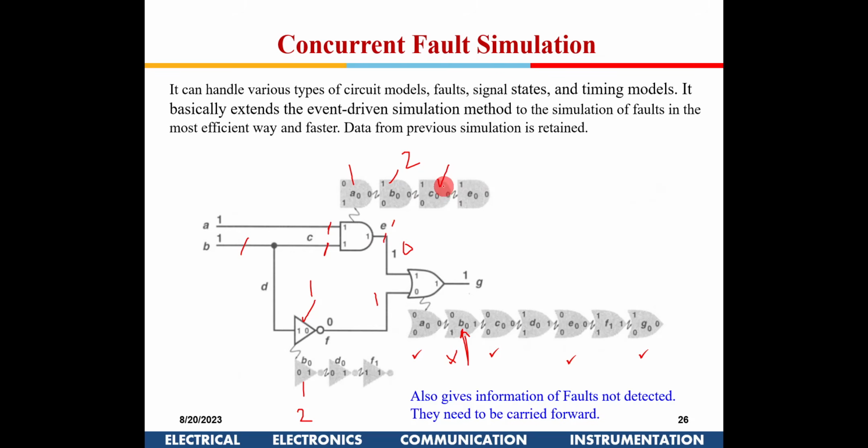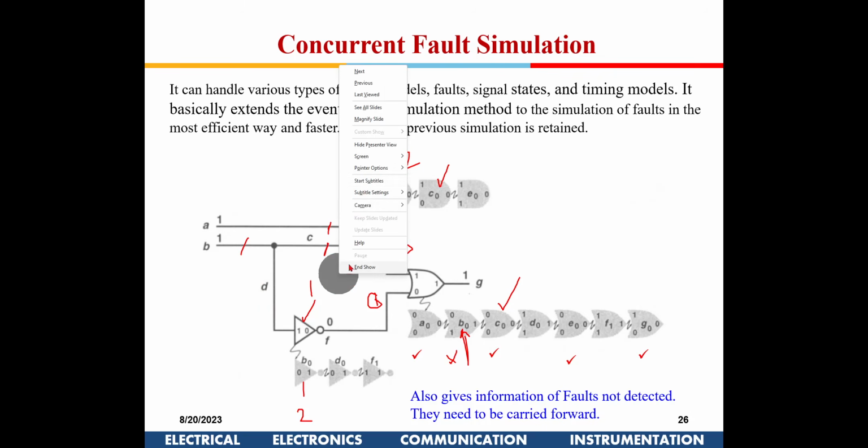Now I take the third one, right? And now the third one is C stuck at 0, where B is not stuck at 0. So this will be taken as a normal gate. Okay. So I have a 0 coming here, 0 coming here. So I have a faulty output. So I'll say, okay, this stuck at 0 also can be detected, right? Then I move to D. The next is D, right? So when I take D,